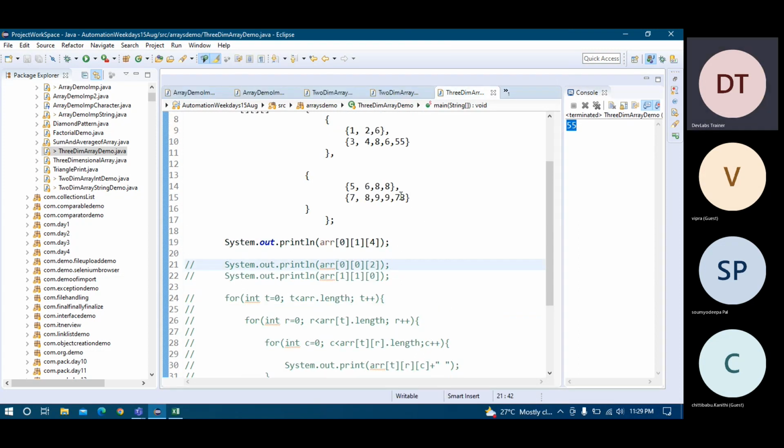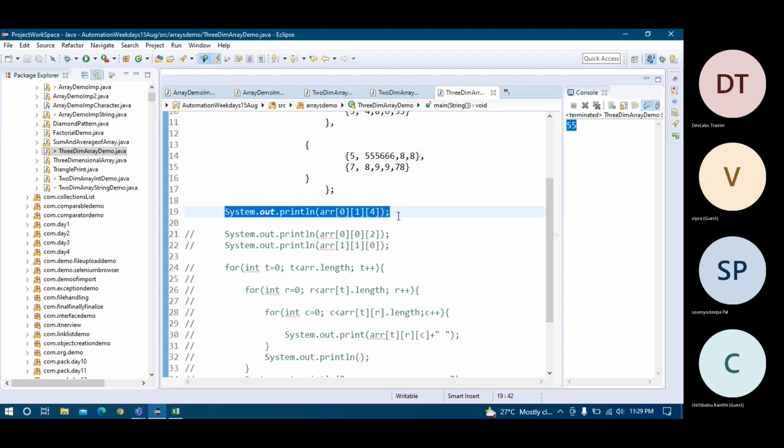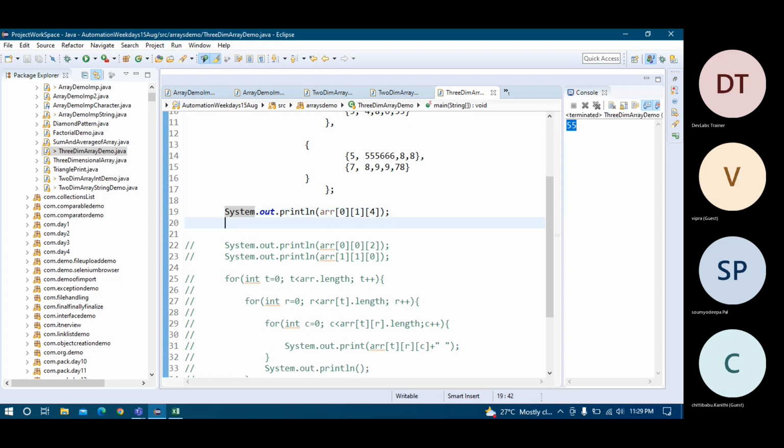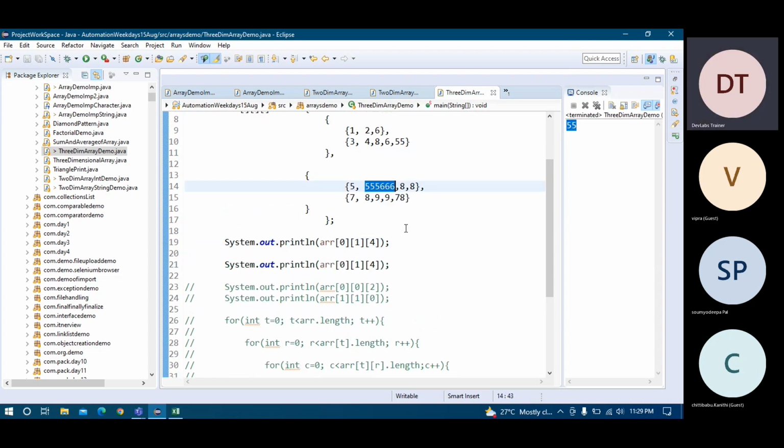So similarly, you have to print here, say that, just a sec. I am putting one value and you have to tell me which value it is. 5, 5, 5, 6, 6, 6. Like this value you have to print. Now tell me which index you have to pass. You have to print this value. Then tell me.